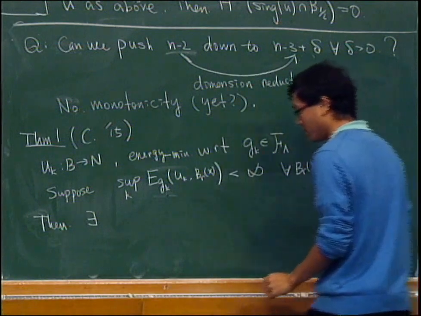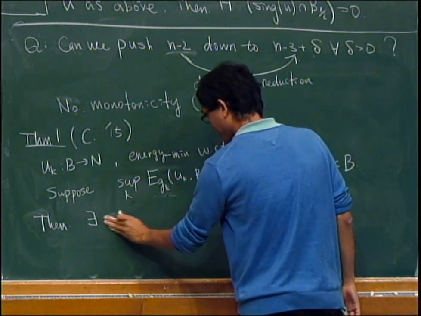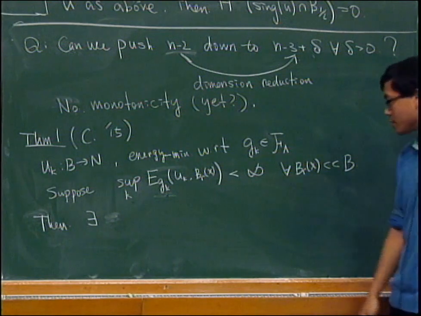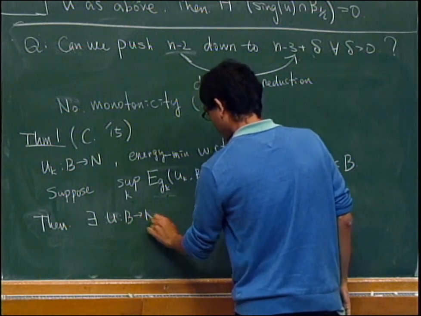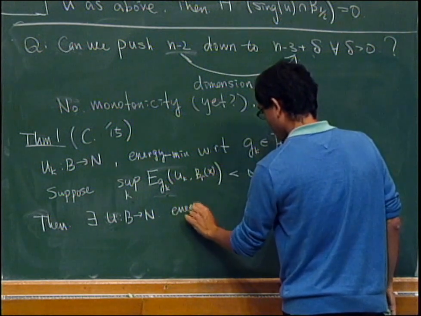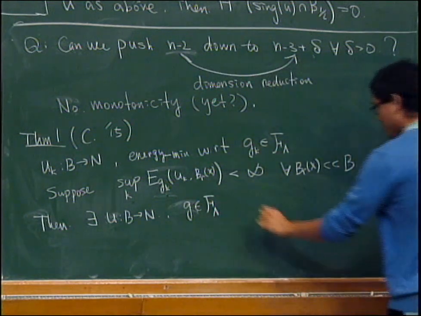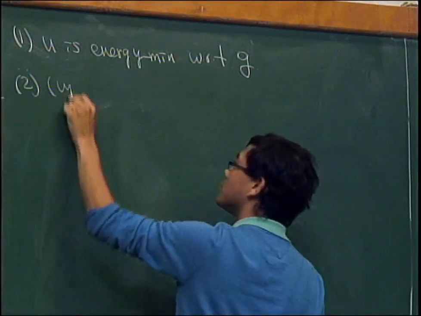there are basically two conclusions, as does any reasonable compactness theorem. So the first conclusion concerns the property of the limit map. It should still fall in the class we started with. And the second conclusion concerns the mode of convergence. So the conclusion is that there exists a map that's energy minimizing, and a metric G in F sub lambda such that the following things hold. Number one, u is energy minimizing with respect to G. Number two, up to a subsequence,